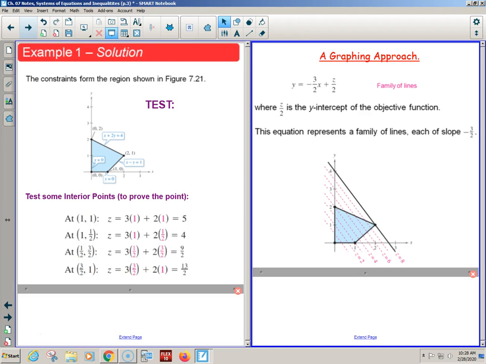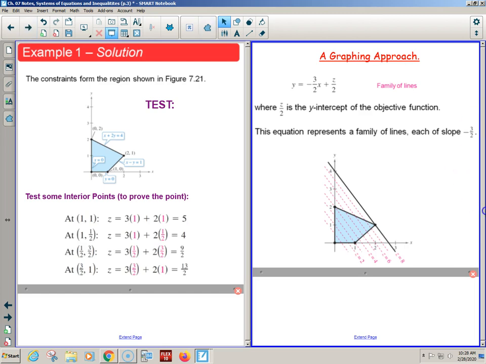Another way of doing this is actually to go ahead and graph all sorts of lines with -3 halves and see how high this line can go and still hit the region. And the highest this line can go and still hit the region is at this vertex that we figured out is the maximum. That leads me to this intercept of 4, which leads me to a z of 8. But that's way more